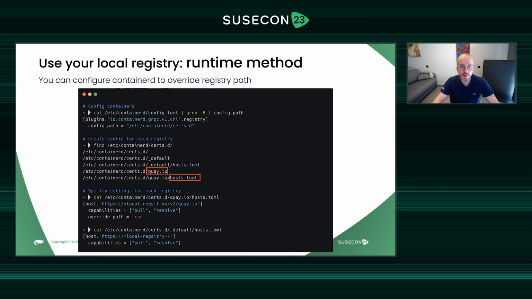In all cases, you will have a hosts.toml file where you define the final destination when the runtime needs to pull images. The quay.io example will take care of all the pulls against the external quay.io and redirect them to my local registry with a specific path, in my case /v2/quay.io. Depending on your local registry, the path can change a little bit, but you understood the idea. The goal is to automatically replace the image path at the runtime level.